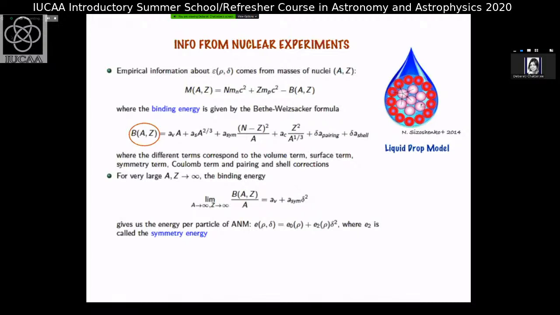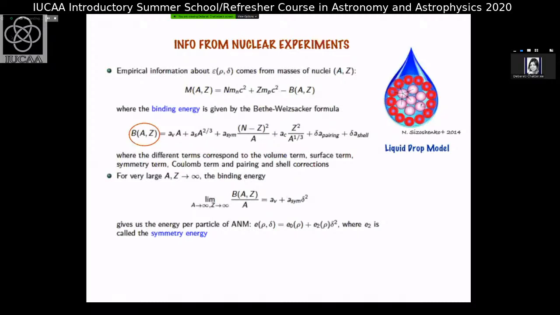This binding energy comprises different terms. There is a volume term, and this assumes the liquid drop model. Basically, in the liquid drop model, the nuclei behave like a liquid drop, which means that the force of interaction is saturated,